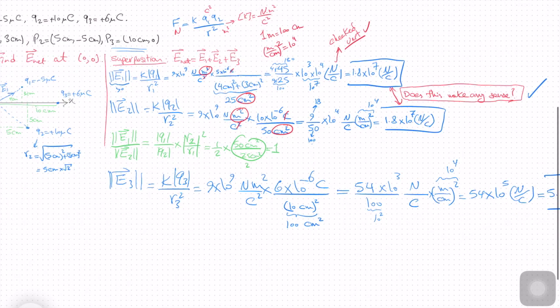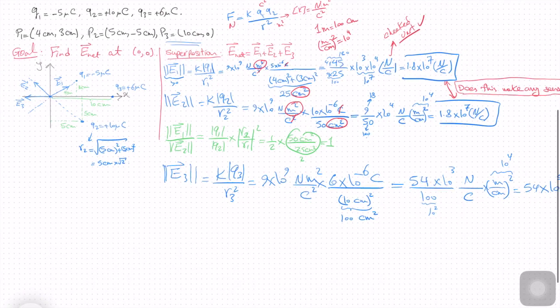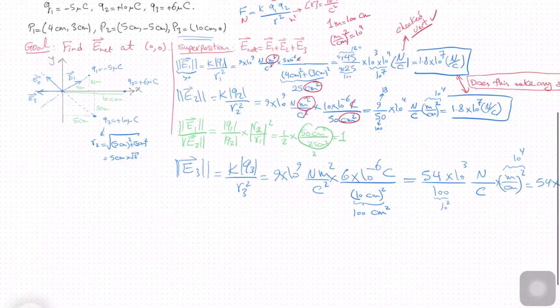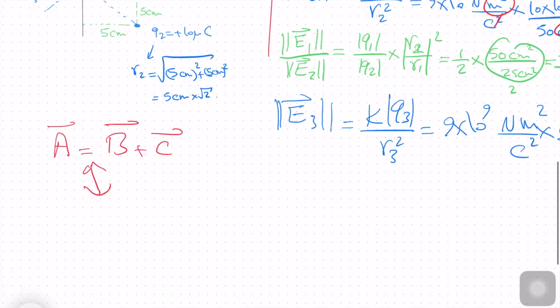Okay, so we have the magnitude of all three electric fields. Now, what's the next step? Remember that to find the net electric field using the superposition principle, we have to actually find their direction also. So here we use some basic vector identities, and that is, recall that if you want to add two vectors, so if A is equal to B plus C, then what this really means is